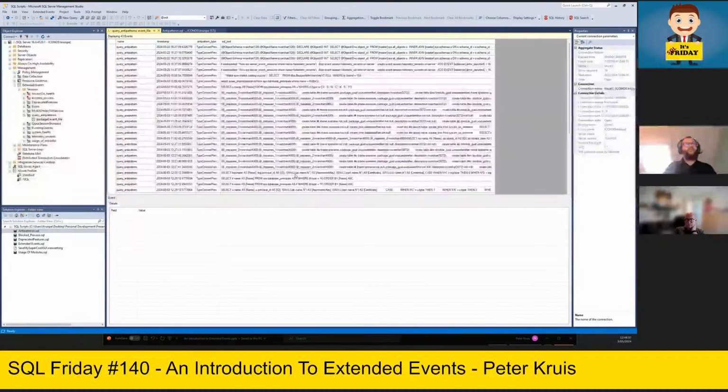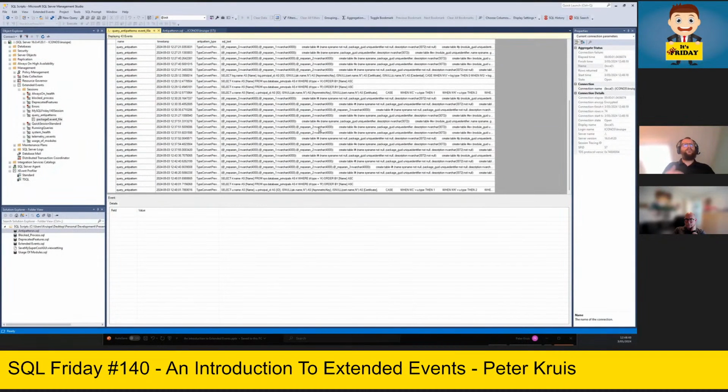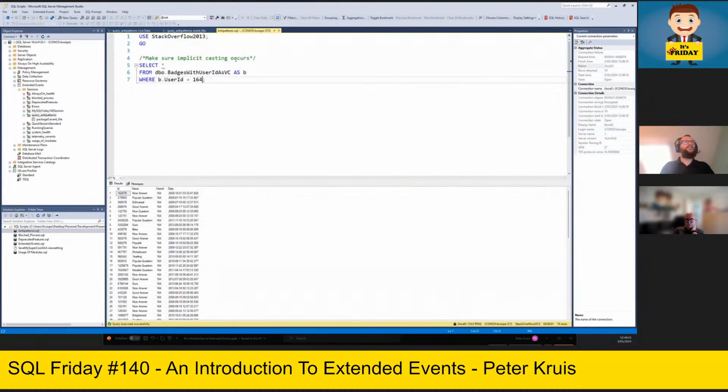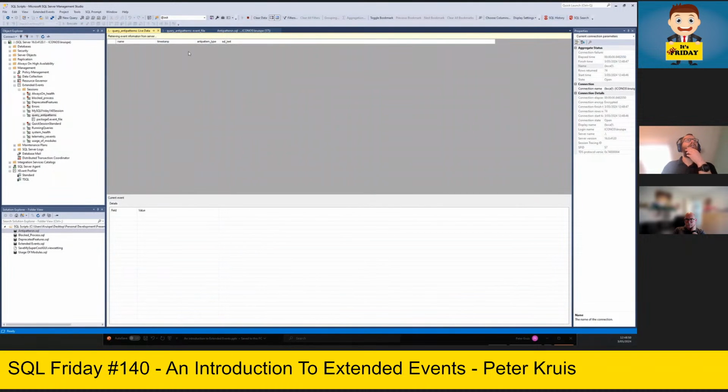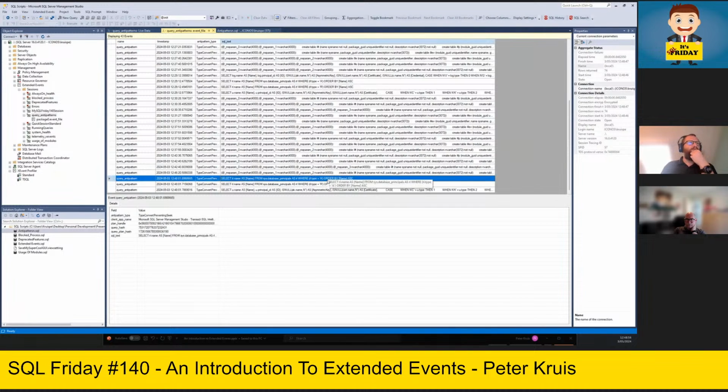But here we can see all the items which were totally wrong. Let me go back to this one more time. Execute it a few times, and then it should be able to be here. But for example, when you have a type converting proceeding seek, SQL Server will mention you about those items.